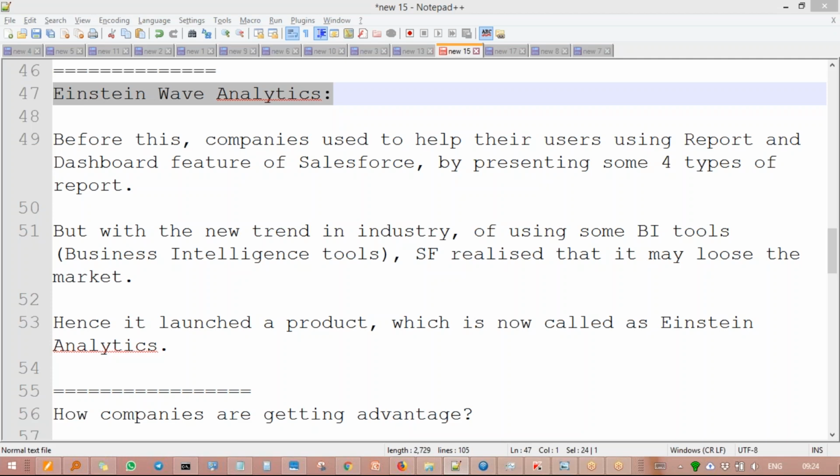By the way, please note that Einstein Analytics has two names. One is the previous name, Wave Analytics, and the new name is Einstein Analytics. We can take the benefit of this in multiple business ways. That's also something I'm going to explain, and this way we are going to see some various useful information for you.